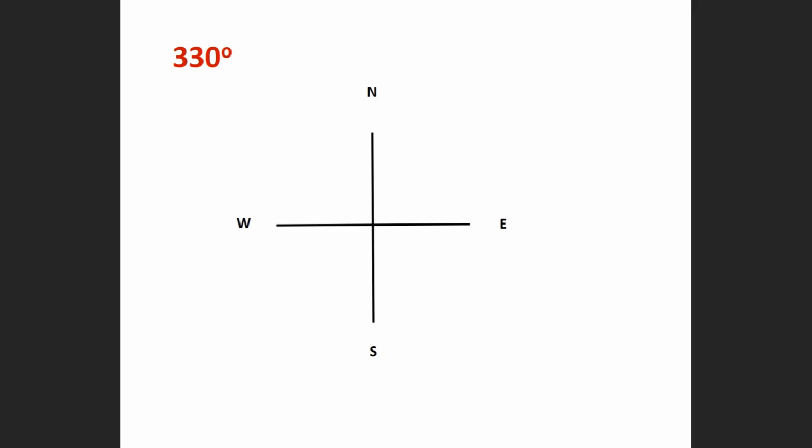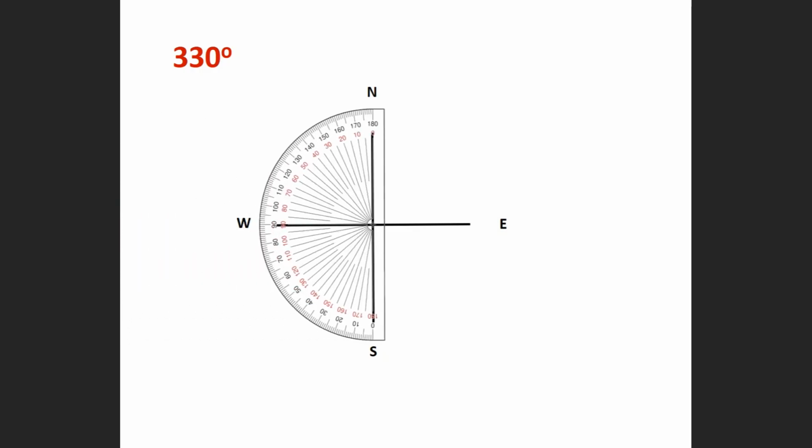I can bring the 360-degree round protractor into this, but in most cases, what is readily available is the 180-degree protractor. So now you can see this is the 180-degree protractor. So if I had to measure 330 degrees, I know already that